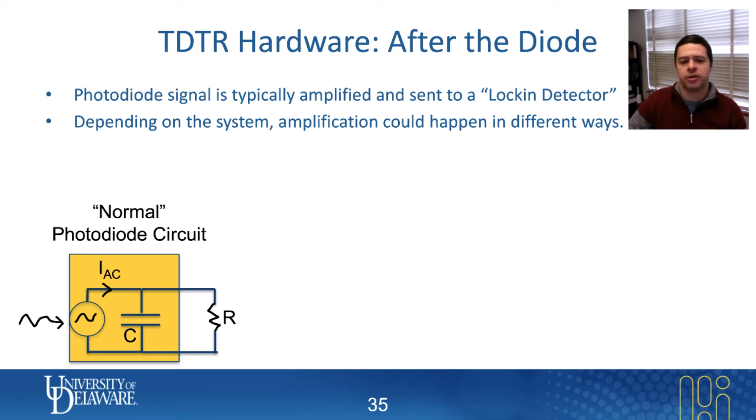Typically at least an approximation of that capacitance comes as a specification with your biased photodiode. Things with a large capacitance will have slow response times, and things with a small capacitance will have fast response times. The high-speed things that we're using generally have a very small capacitance,